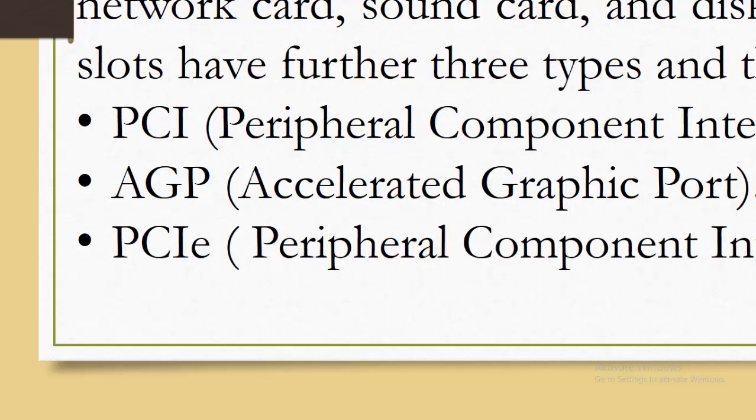PCI, or Peripheral Component Interconnect. The PCI slot is one of the important motherboard components today and is vastly used to install add-on cards. PCI supports 64-bit high-speed buses. Okay, the next one, as you are seeing, is the AGP, or Accelerated Graphics Port, specifically used to